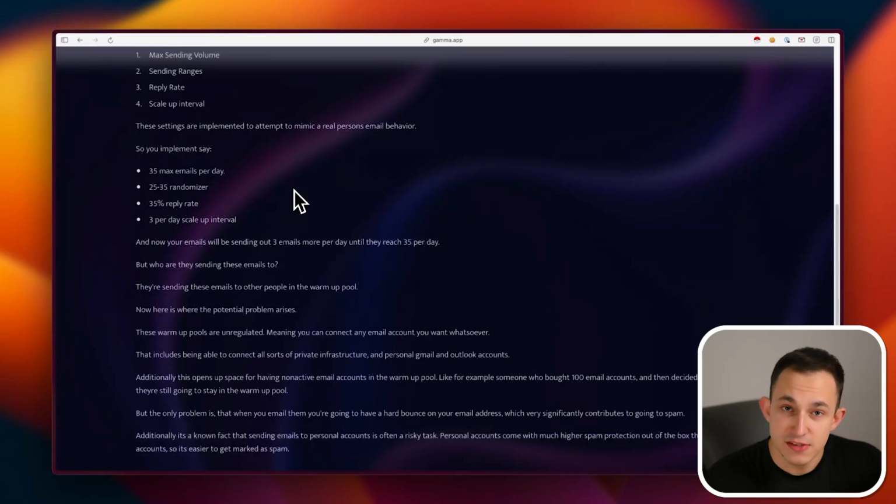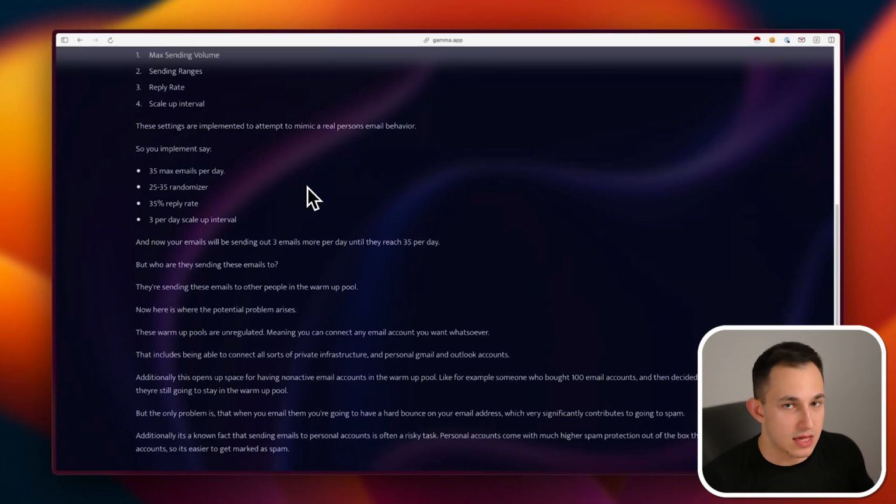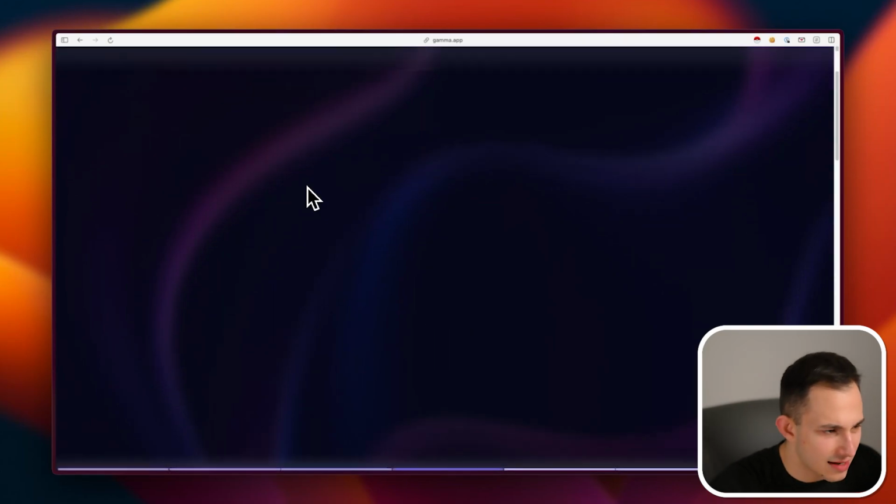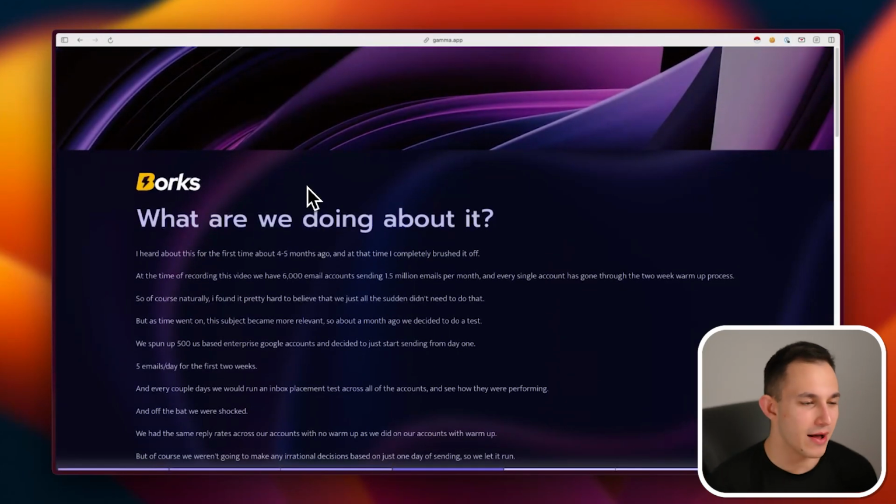Again, you can physically do it. It's not like if you do it, you're going to get sued or something. It's just that it gets a lot harder because those accounts have a higher spam policy, because those are individuals. They're not companies, right? So of course, when those accounts are allowed into the warm-up pool, that ends up hurting everybody else, because inevitably emails from your enterprise accounts will go to those public accounts, and that could potentially hurt your inboxes. Now, I know what I said is pretty much a mouthful, but my point is anyone can add anything, and sometimes what they add isn't the highest quality email account.